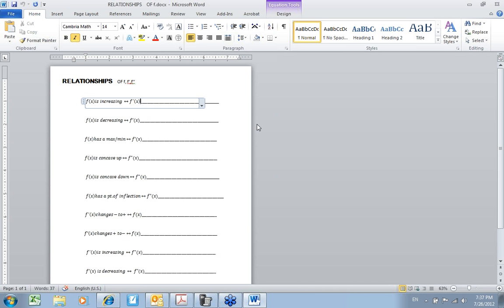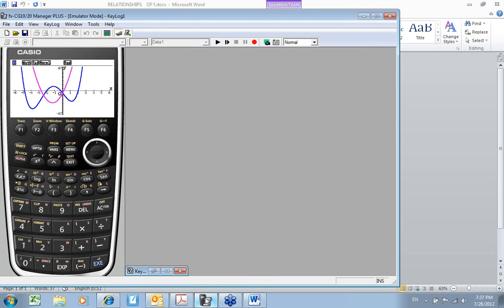You certainly could modify it to fit probably any level: Algebra 1, Algebra 2, Pre-Cal. If you're like me, sometimes I have a hard time coming up with ideas, but once I see something, I can usually take it and modify it to fit whatever class I'm teaching at the time. So, I think that's about all that I had planned to talk about.